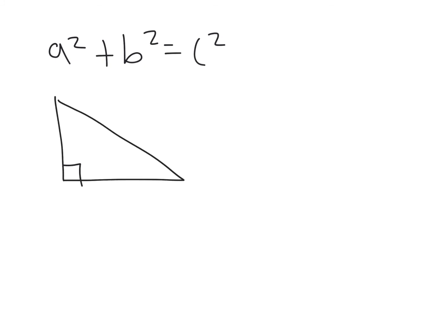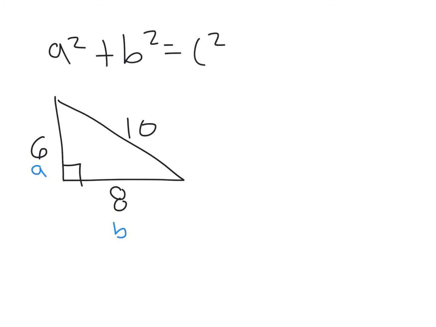So something is a right triangle if a squared plus b squared equals c squared. Well, what if we knew that there was a triangle, let's get our right triangle here, that had a leg length of 6, a leg length of 8, and a hypotenuse length of 10. Well, if that's a right triangle,